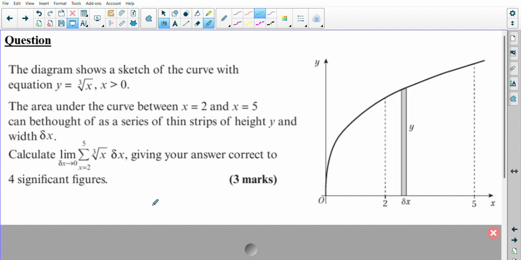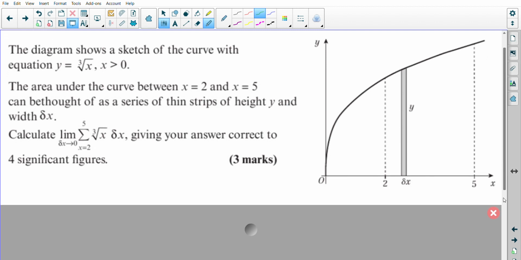Now I've done 2 examples. See if you can pause the video and have a go at this question yourself. Rewrite the limit part as the definite integration and then see if you get the same answer as me at the end. Okay, so if we look at this together,